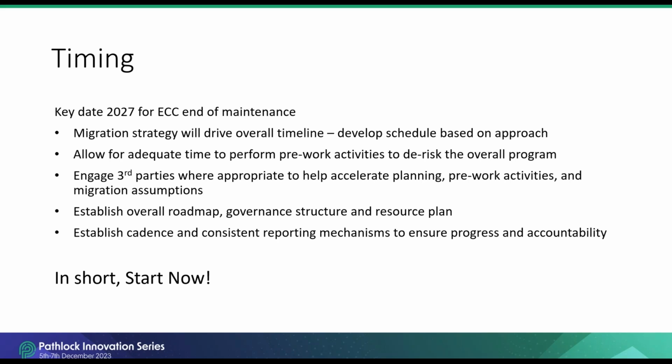When you think about the deadline, you can work backwards, thinking through not only the actual migration timeline, but also all of the pre-work activity that will be needed to help you determine when to get started. To help with all of this, consider bringing in third-party experts who have previously led S4 migrations and can help think through all the potential pitfalls and establish a roadmap that includes all the necessary pre-work activities to de-risk the